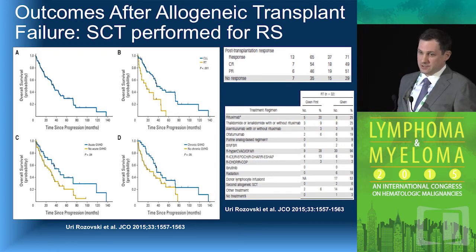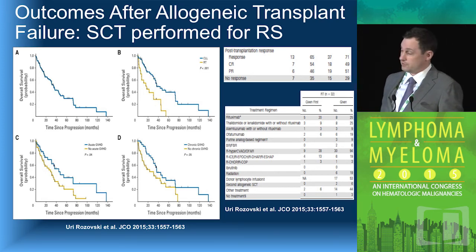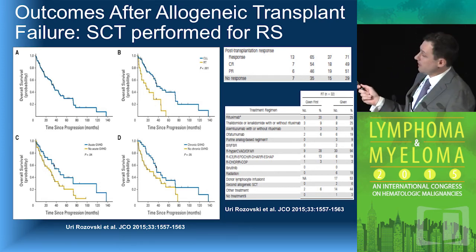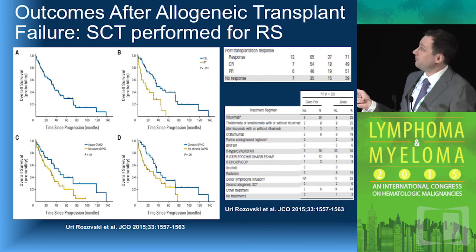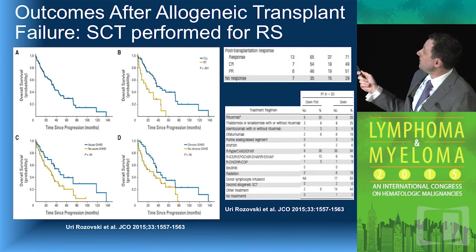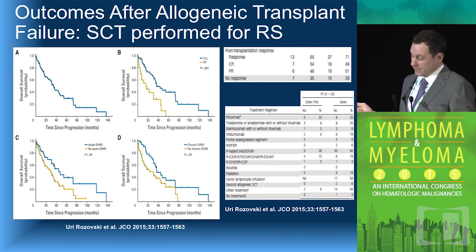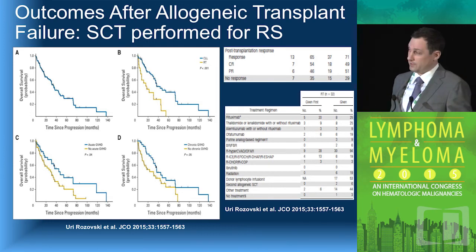Importantly, and this has also been seen in other studies, if you have GVH, your outcomes are seemingly a little bit better, suggesting that there is an immunotherapeutic component and a graft versus lymphoma effect. You can see here that allotransplantation was in fact able to get some responses in these patients. I said none of them went in with a CR, but we do see 40% or so of patients getting into a CR with the allotransplant.